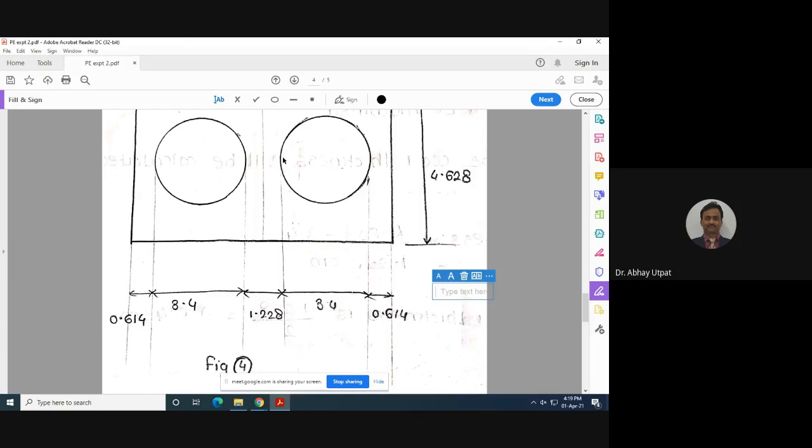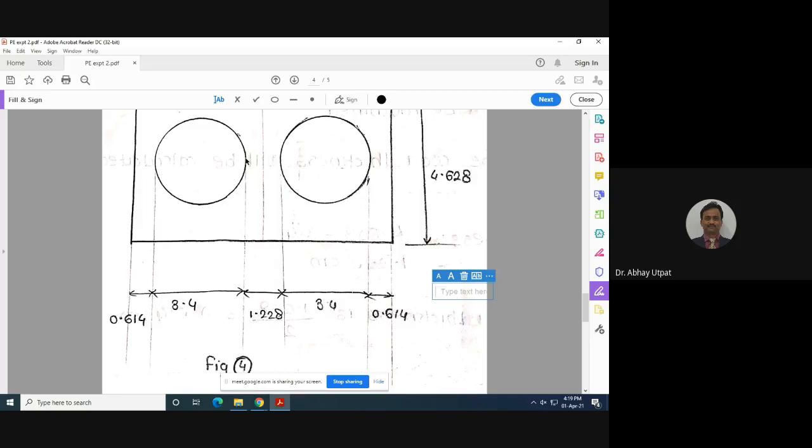As there will be two gates, one gate is here, another gate is here. So whatever 3 into 2 into 1 comes, you multiply it by 2. And if you multiply it by density, you will get the weight of the gate. Similarly, the runner will be again connected to the gate, and the distance available is only 3 mm now. And you have to consider the length of the runner, height of the runner, and weight of the runner.